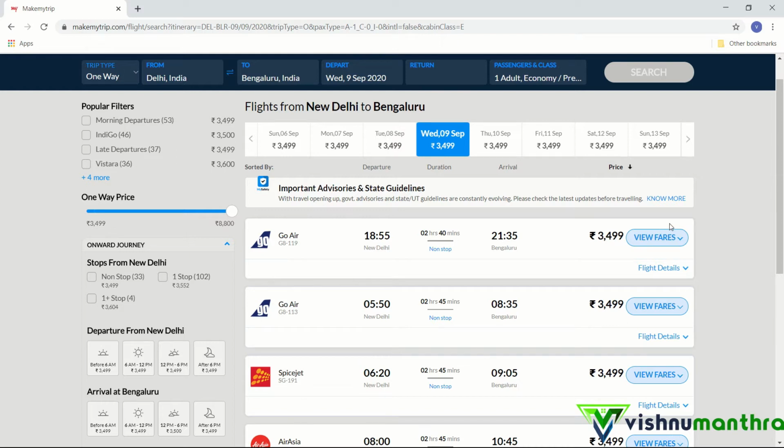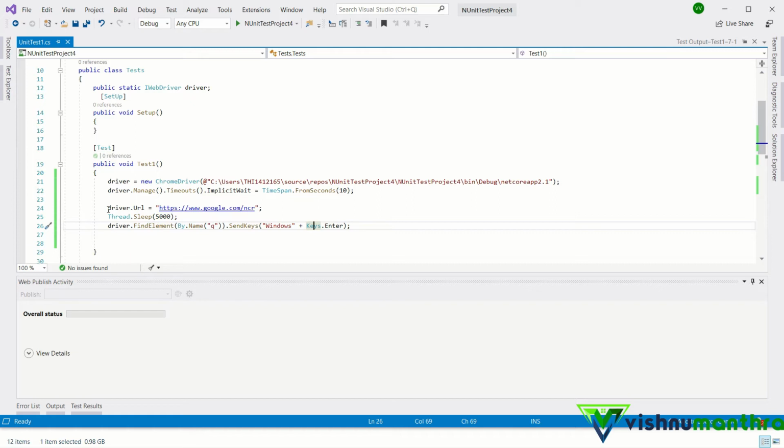So usually Selenium waits for the page load, but whenever JavaScript or Ajax is used within the web page, it may not wait for that and it will fail with an error message that element not found. So how do we manage this?